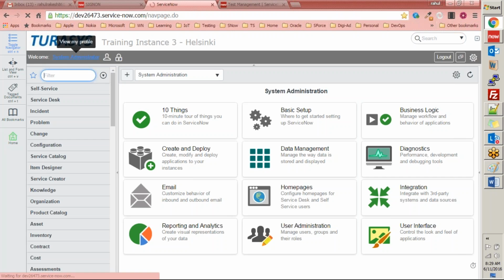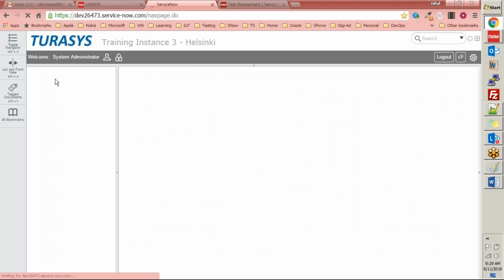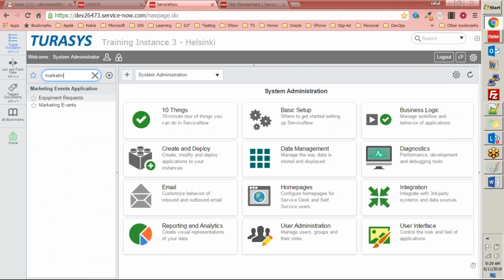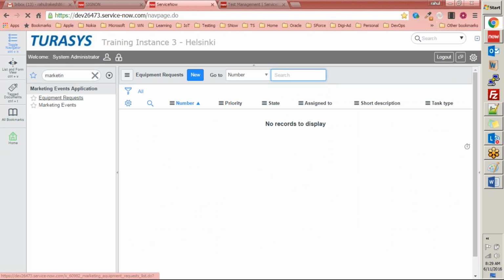I'll refresh the page here. Go to marketing. See, I now have equipment request as a module available here within the marketing events application. Now let's quickly go into the marketing events equipment request module, and again it's a list of records that